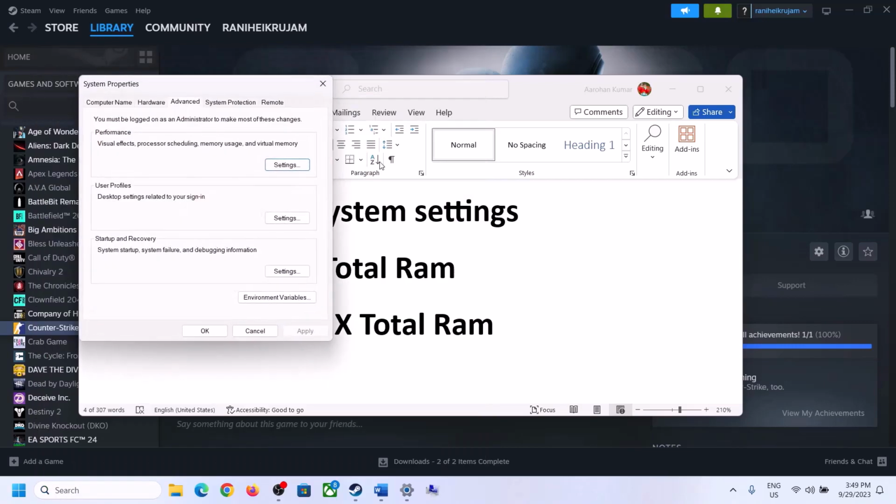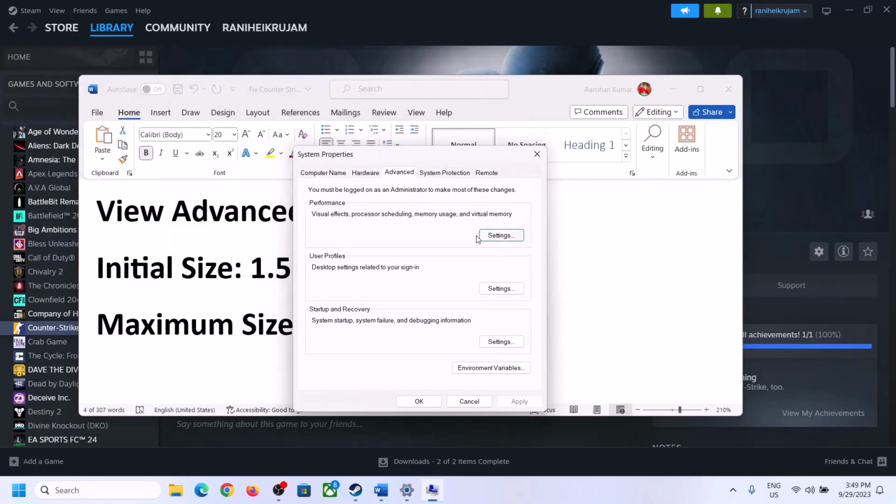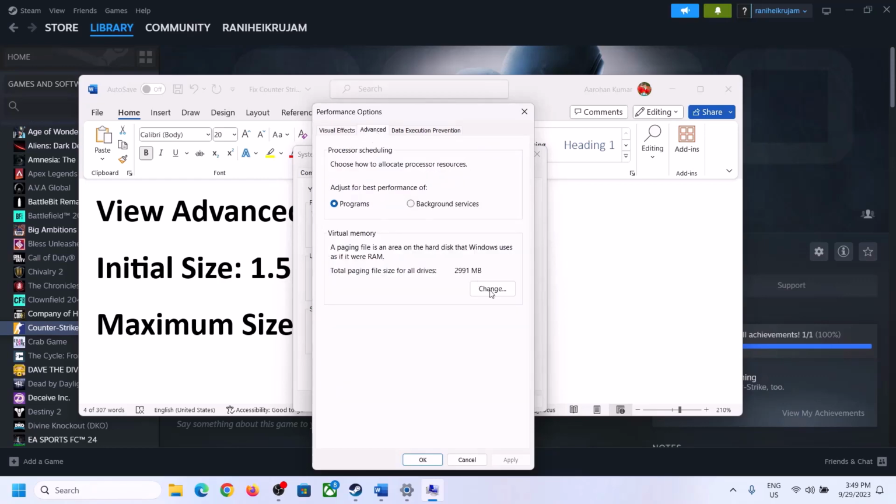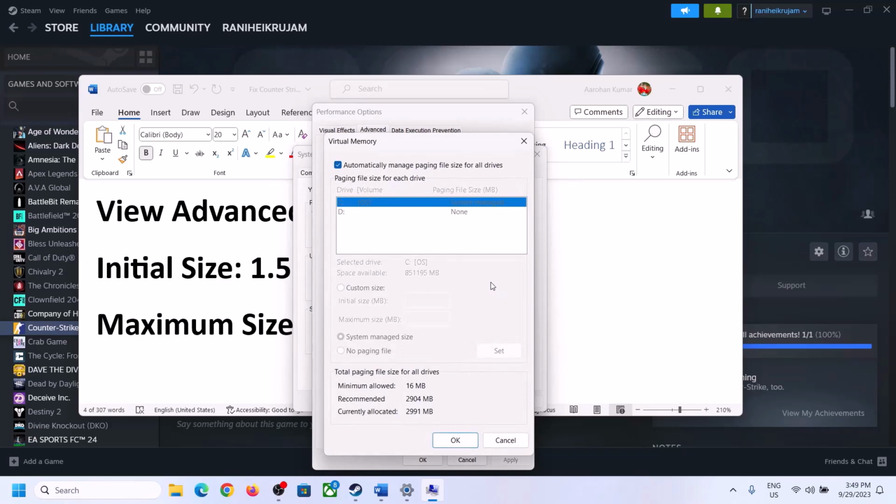View Advanced System Settings and then click on the first settings and then go to Advanced tab and then click on Change over here and then select the drive. So uncheck the box which says automatically manage paging file size for all drives. Uncheck this box and select the drive where the game is installed. So select the drive and then once you select the right drive,